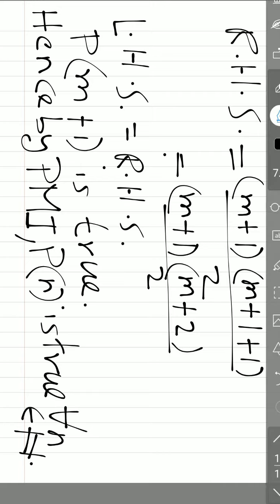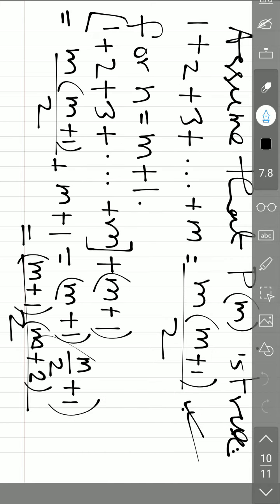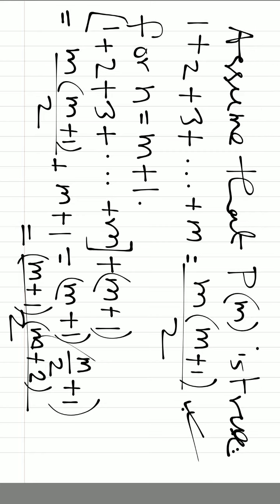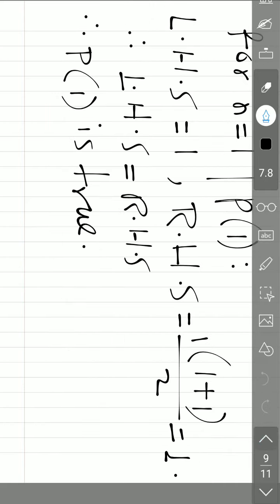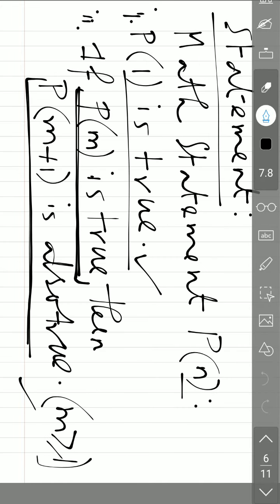So basically, see here, if it is becoming true for n equals to 1, and we are assuming it to be true for any natural number m, and then it is being true for m plus 1 also, then using the second condition, that is it is true for m implies it is true for m plus 1, and the first condition also, that is P1, we can show that it is true for all the natural numbers,